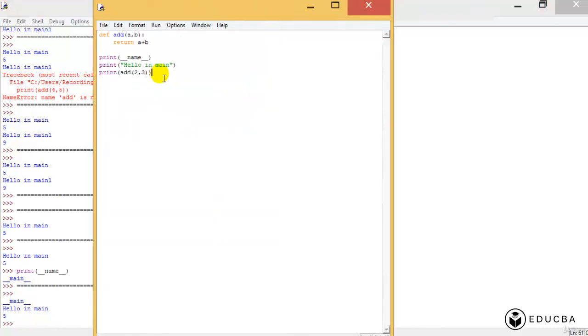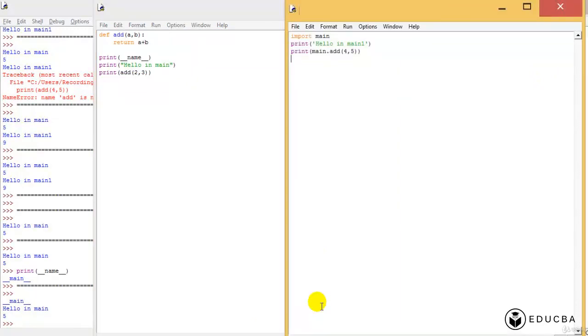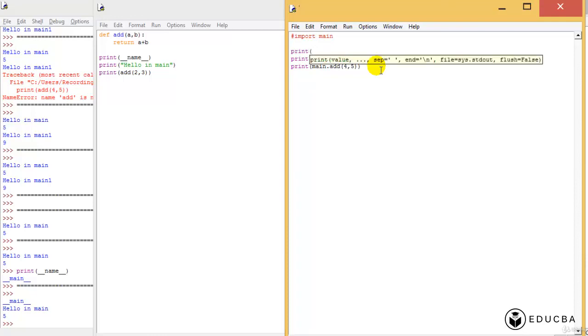That means when I run this, what does it say? What is the name of my present file? Underscore main underscore. Now you will say that maybe because you have named the file as main, that is why it is printing it as underscore main underscore. No, it always does, even if I do it in main1. I'm not going to do the import now. If I just print what is my underscore name underscore, I'm just going to print this,